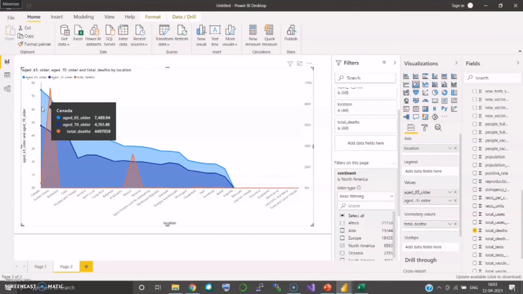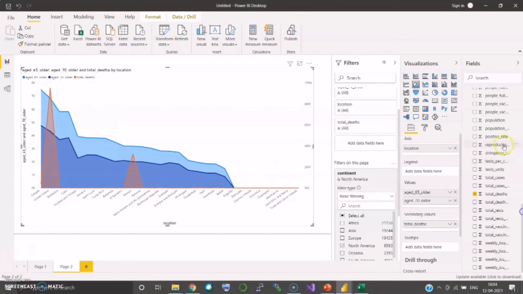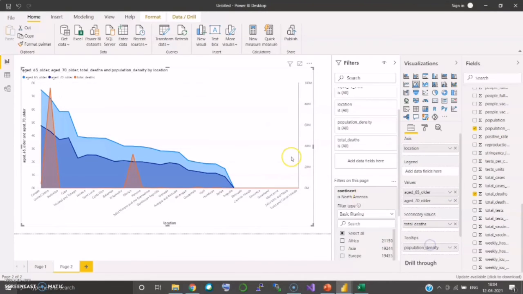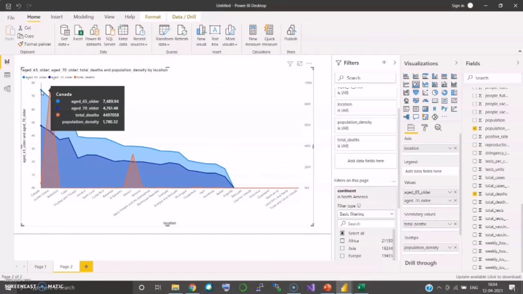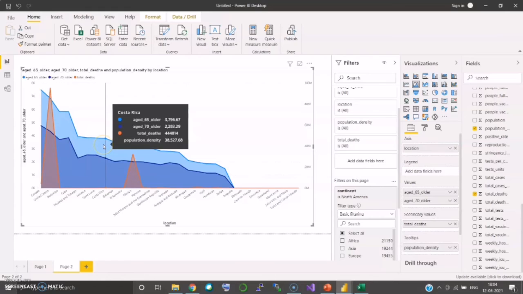So it gives the value out of the population. I'm going to add the population density in the tooltip, because the age is based on the population density. So when I move here, it shows the population density and how many aged people there are. It's giving the density value here.